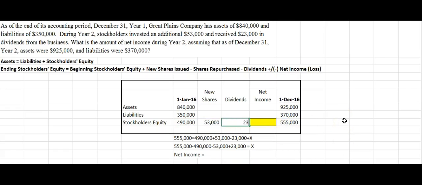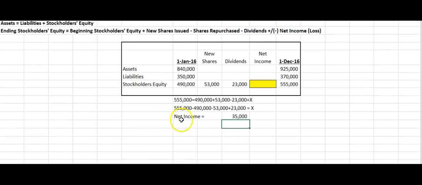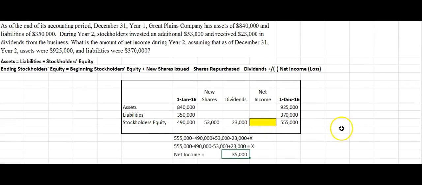Dividends are subtracted. Let me put it this way. You've got to remember that dividends are subtracted, right? You just don't want to confuse you, so let me just put it positive there. So let's go back to what I was doing. Net income is going to equal this minus the ending stockholders' equity minus beginning, minus new shares issued, plus the dividends, right? So net income must have equaled $35,000. If we plug $35,000 here,